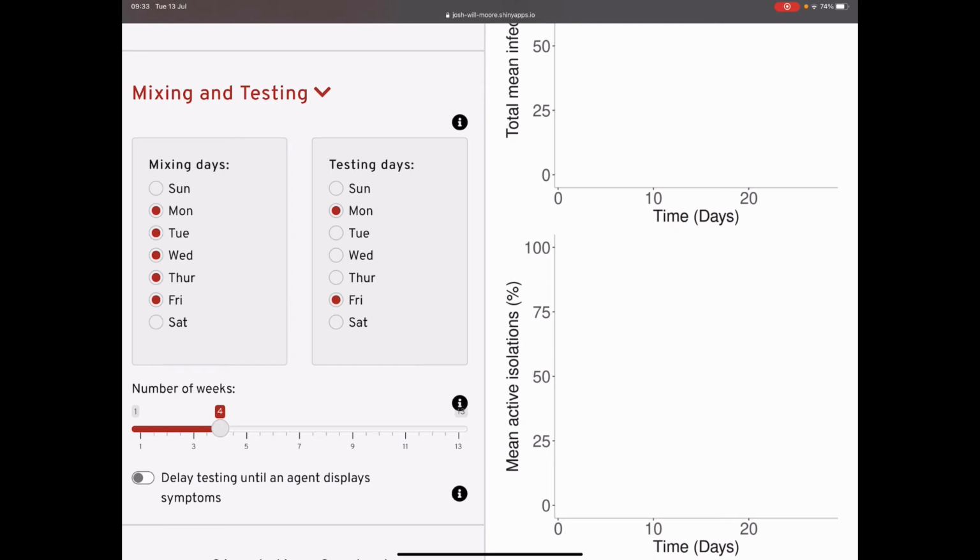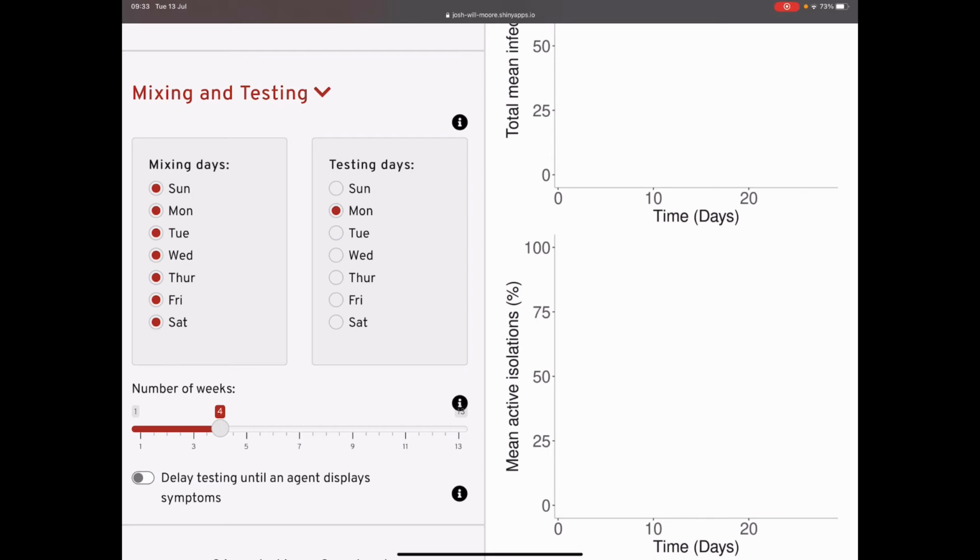But if you want to also think about groups getting together outside of school, you may want to put Sunday and Saturday in as well. Testing days, these are the days that tests will be given. We've just put Monday and Friday, but you could do every single day, or you could just say on a single Monday. Every Monday you test all your students, depending on how many tests you have and what your capacity